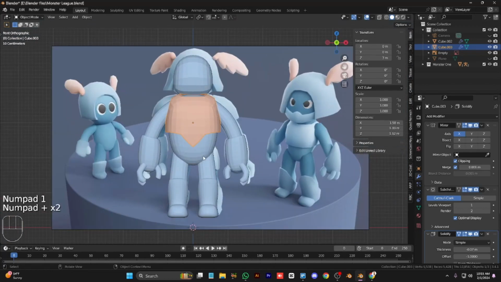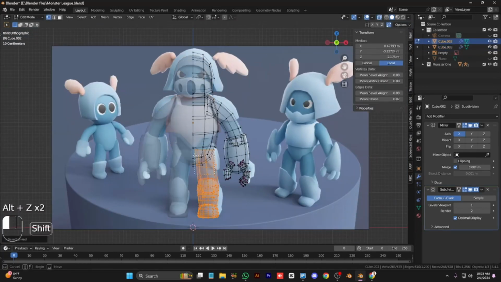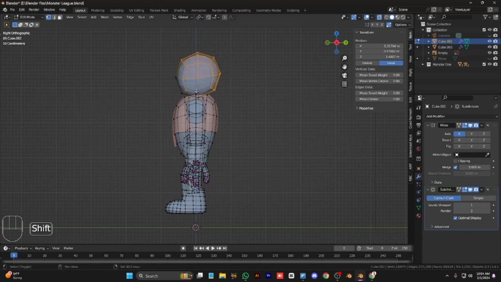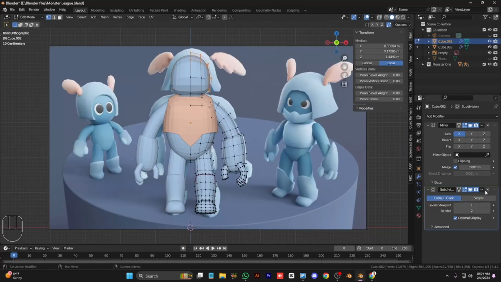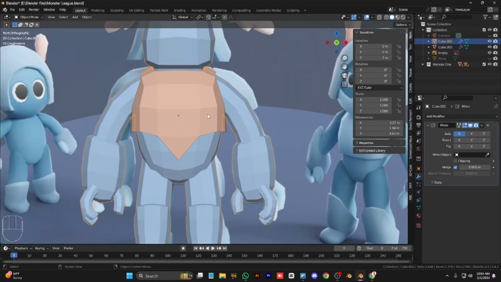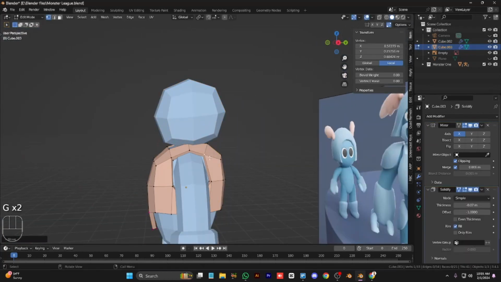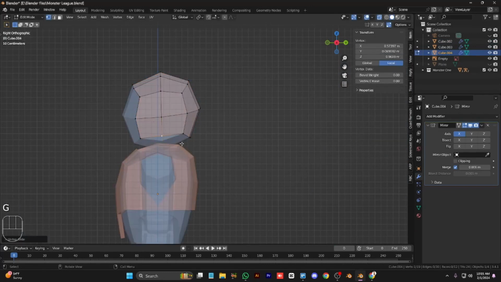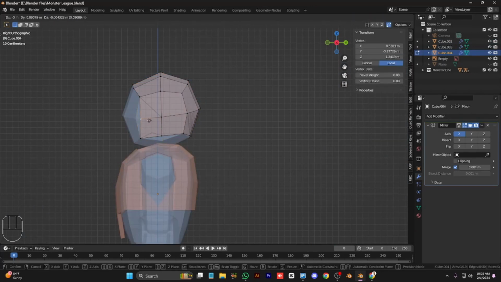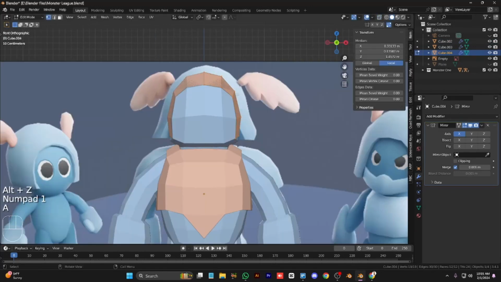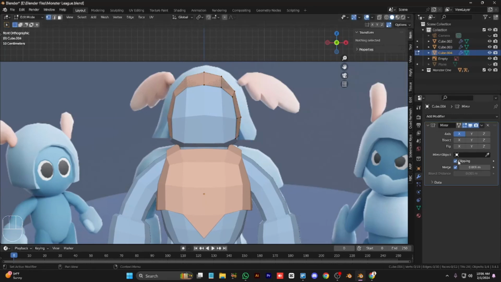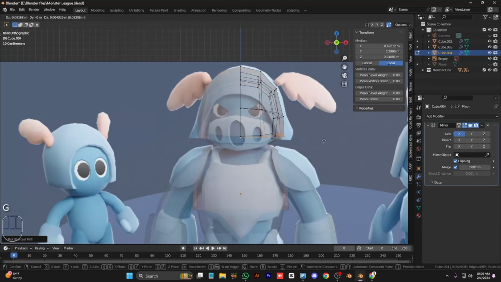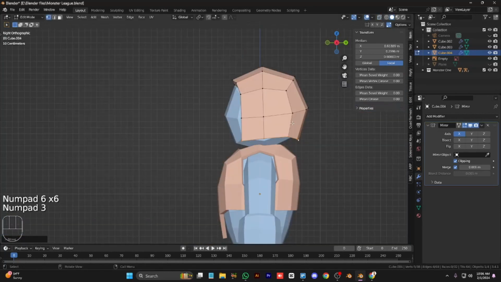That's looking much better. Now move them a little bit up to make it a little bit shorter. Now select these parts right here and duplicate this. We need to keep it low mesh in the start and duplicate this part right here for the head. Okay, now move them and assign them, select them like that and give it some solidness, or we can extrude